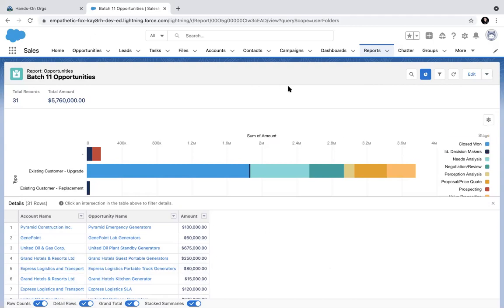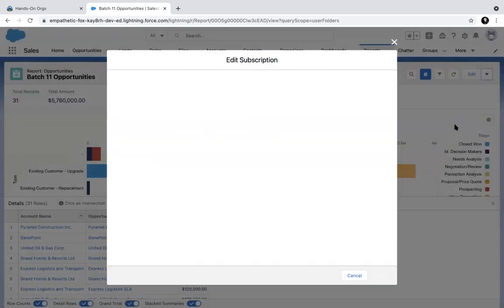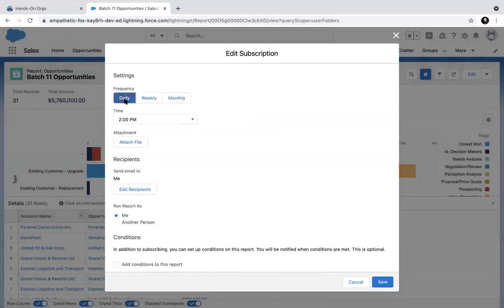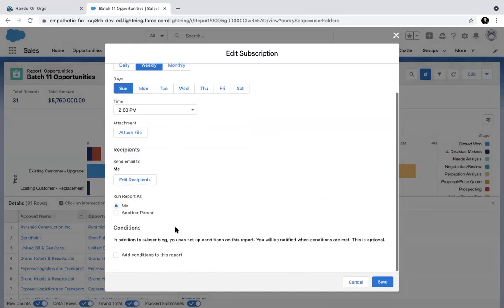Very important thing to remember: a snapshot of this report can be sent via mail to people who do not even have access to Salesforce. To do that, you have to click the Subscribe button. You can choose the frequency, and select who the report runs as, meaning whose data will go out, mine or somebody else's.